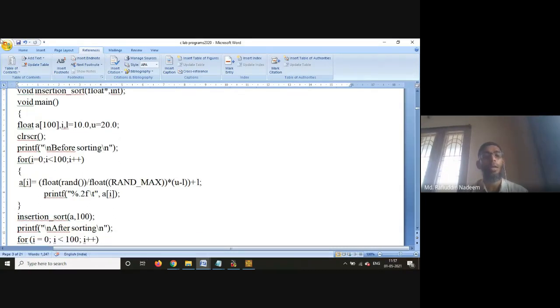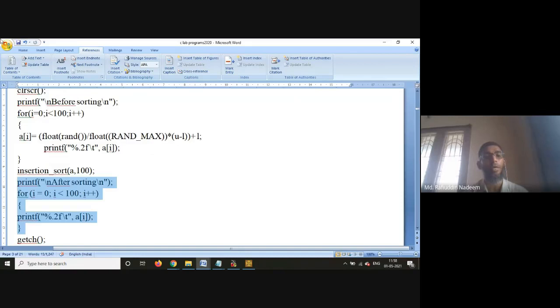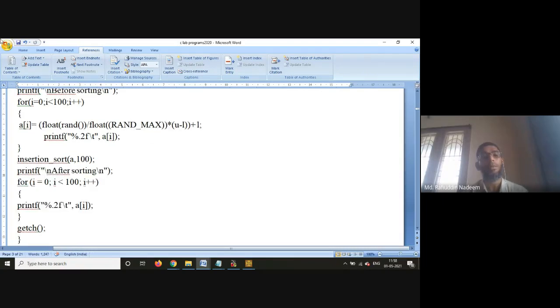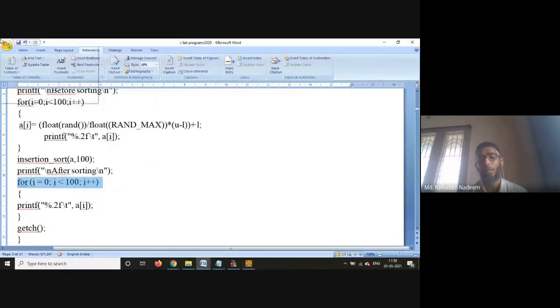Because an array is passed by reference, the changes persist. We already discussed this topic earlier when I discussed insertion sort. Then the values are displayed, and that's the reason for this output. Before sorting means I'm generating the number and displaying it here.